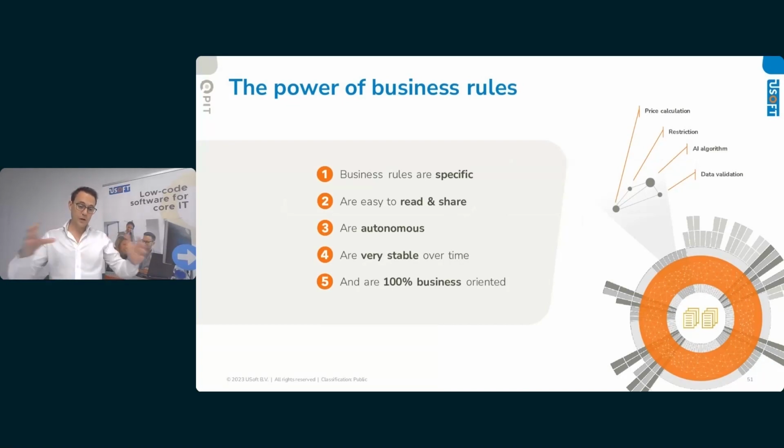So instead of evaluating a process, which can be short or very long and lengthy in terms of seeing exactly how it works and where the anomalies are, a business rule is very concise and easy to validate by the business, whether it's right or wrong. And that makes them very stable over time.